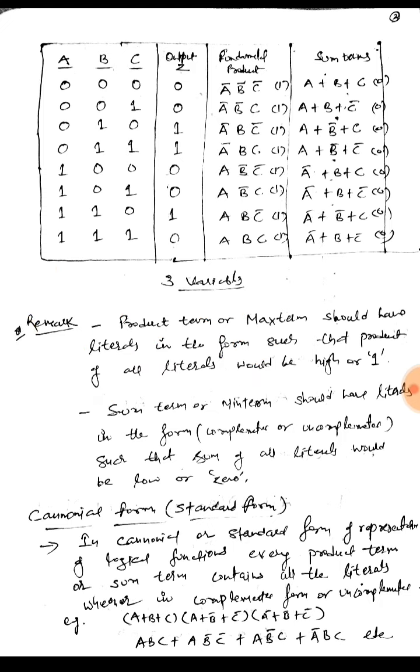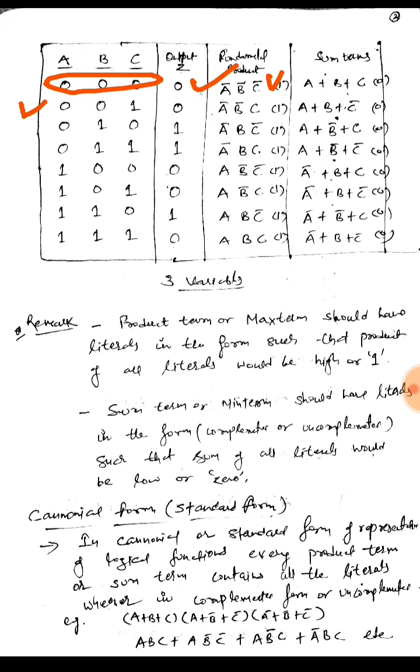So for the first combination the product term, I need the output high. If I take the product of these literals, whether in complemented or uncomplemented form, the output should be high. So for the first combination, the product term or the fundamental product or the max term comes out to be a bar, b bar, c bar, because if I take the complements of all these variables, then only I will get the value 1. So I need a high value for the fundamental product or a max term. So that is why whenever there is a variable having a value 0, I will take the complemented form.